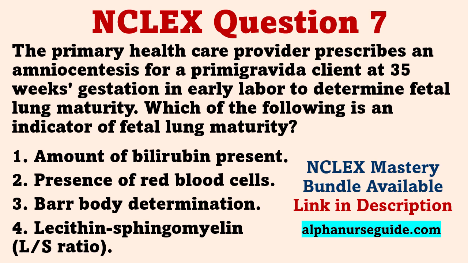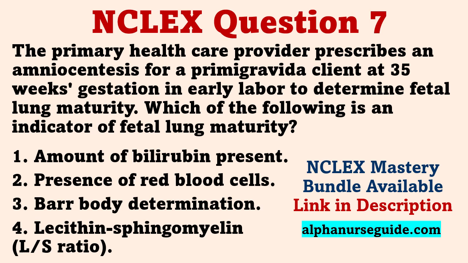The correct answer is 4. To determine fetal lung maturity, the sample of amniotic fluid will be tested for the L/S ratio. When fetal lungs are mature, the ratio should be 2:1. Bilirubin indicates hemolysis and, if present in the fluid, suggests Rh disease. Red blood cells should not appear in the amniotic fluid because their presence suggests fetal bleeding. Bar body determination is a chromosome analysis of the sex chromosomes that is sometimes used when a child is born